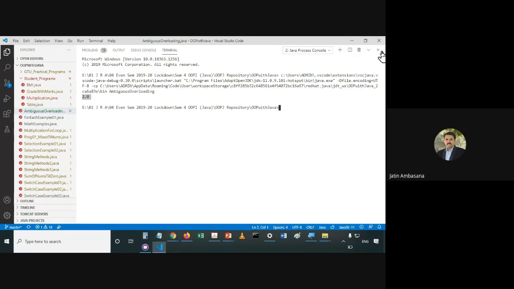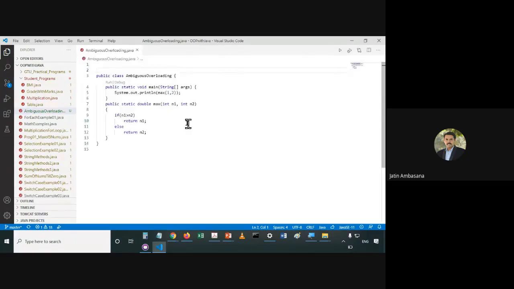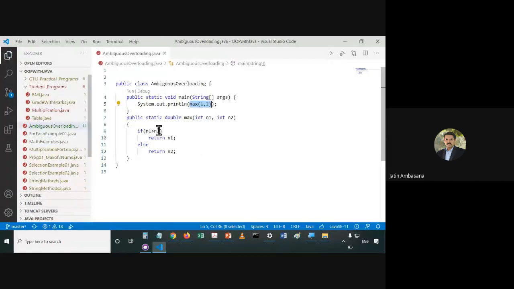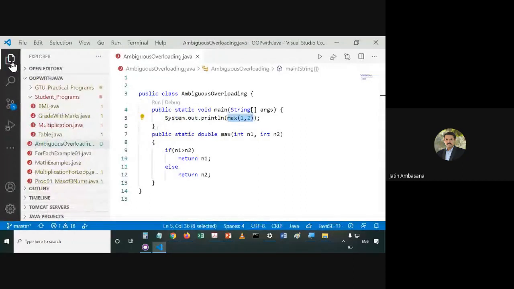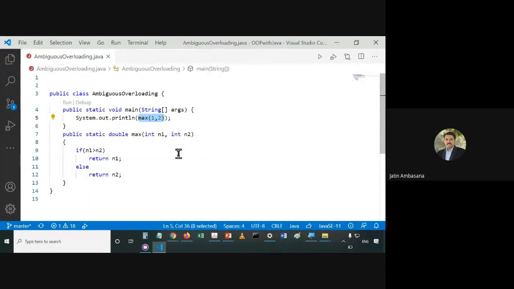Why is it 2.0? Can you tell me? We have passed 1 and 2, which are integer numbers. Why is it 2.0? I'll just maximize it so you can see. Here we are passing two integers, right? This 1 goes to this n1, this 2 goes to this n2.